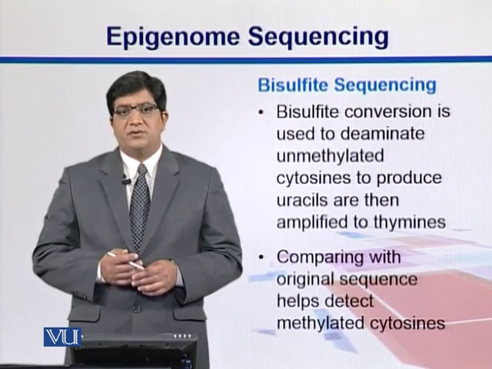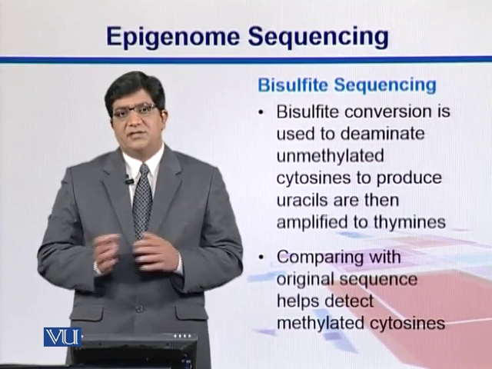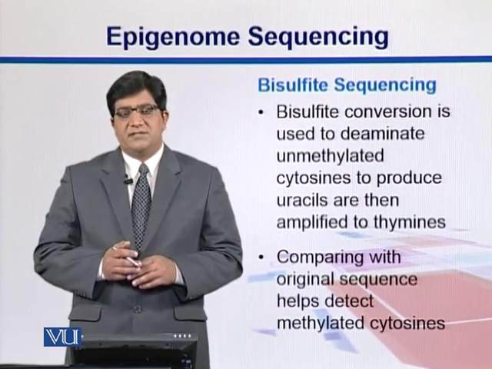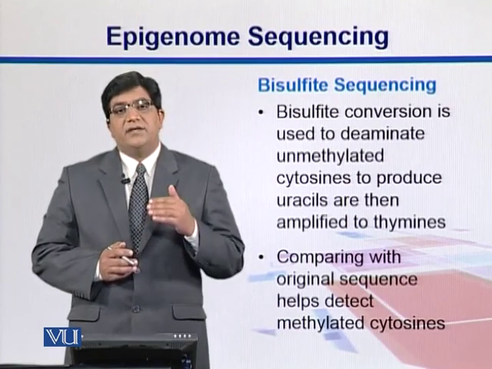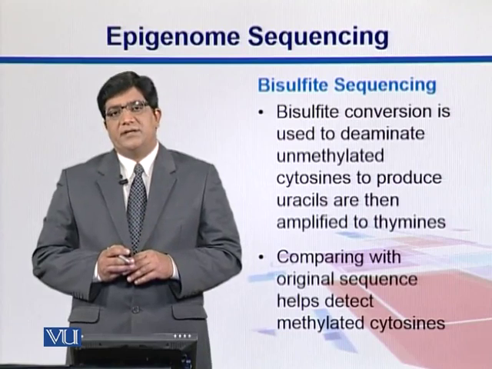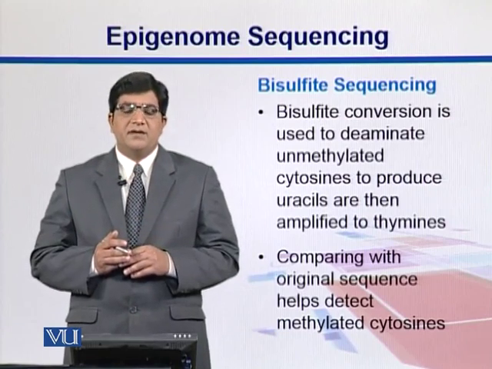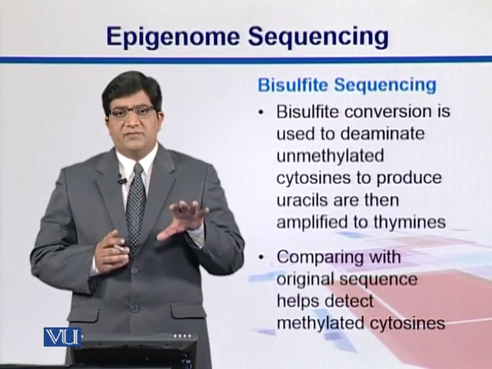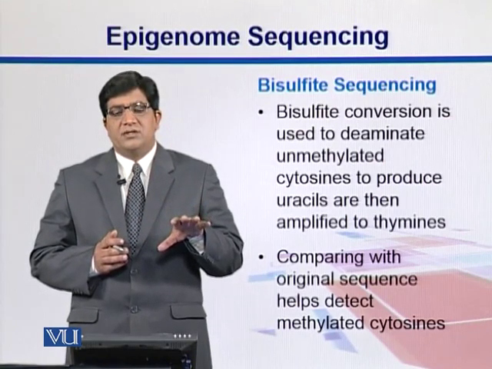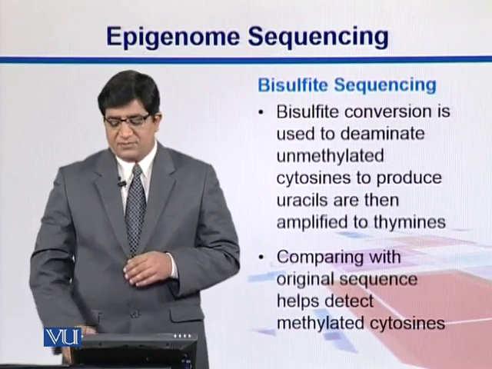We remove the amino groups from them, and that is called deamination. They are converted into uracils. And we can then convert those uracils into thymines, and then we take those sequences, and when we compare them